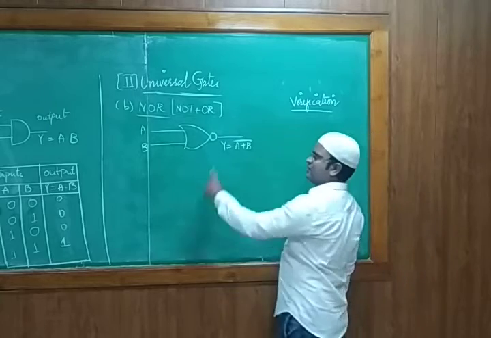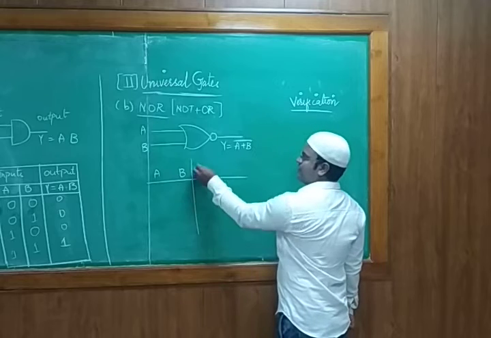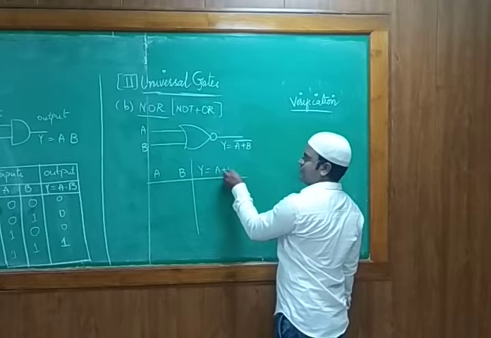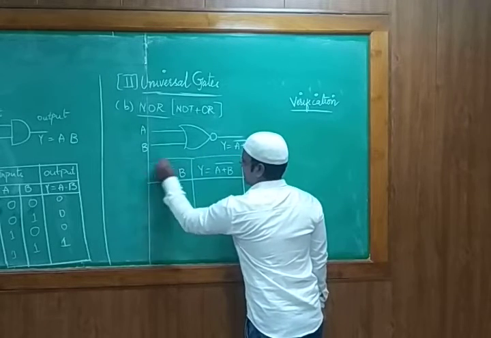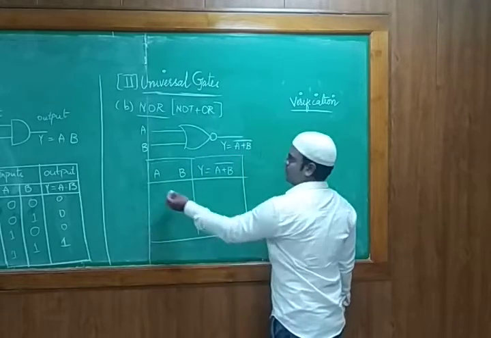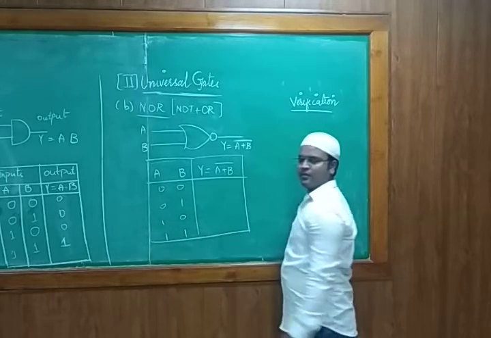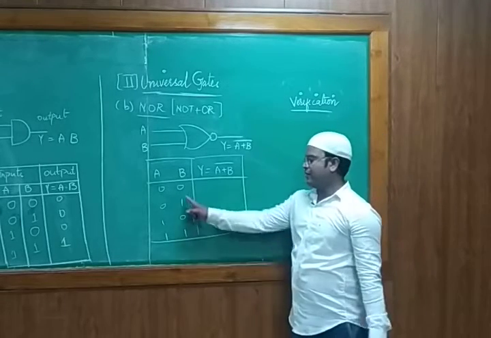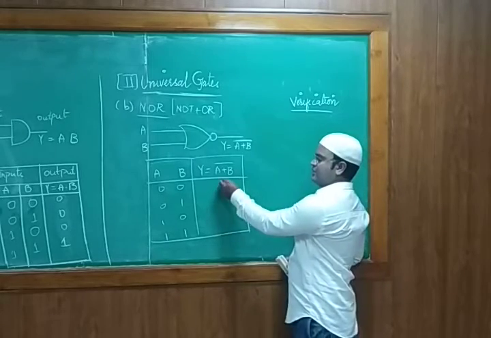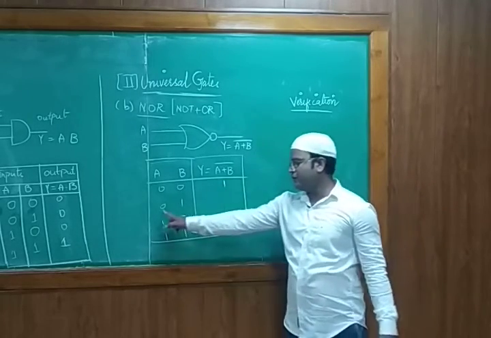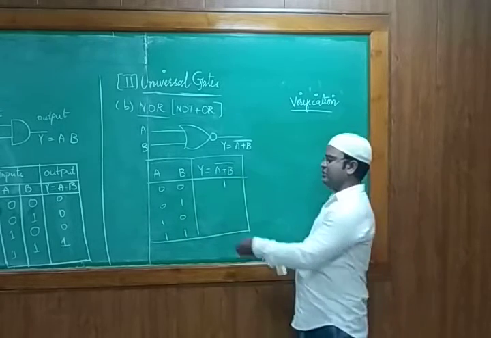Likewise, the truth table for that would have A and B. If I have two inputs, I need to write the respective outputs, which I can mention as A plus B complement. The combinations are 0 0, 0 1, 1 0, 1 1. If it is 0 plus 0, it will be 0, but since it's a complement, I need to mention 1. Likewise, if I have 0 plus 1, it would be 1, but since we are taking the complement, we need to mention 0.